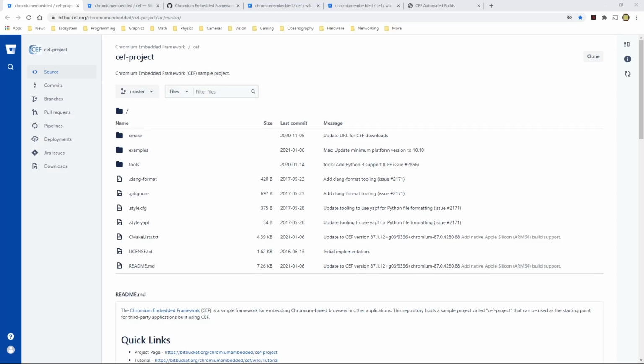Hi everyone. In a recent video I showed how I built the Chromium Embedded Framework sample project on my Windows 10 machine using native tools like Visual Studio. But in this video what I'm going to try to do is to capture how I built the same sample project on my Raspberry Pi 4 Model B with 4 gigabytes of RAM